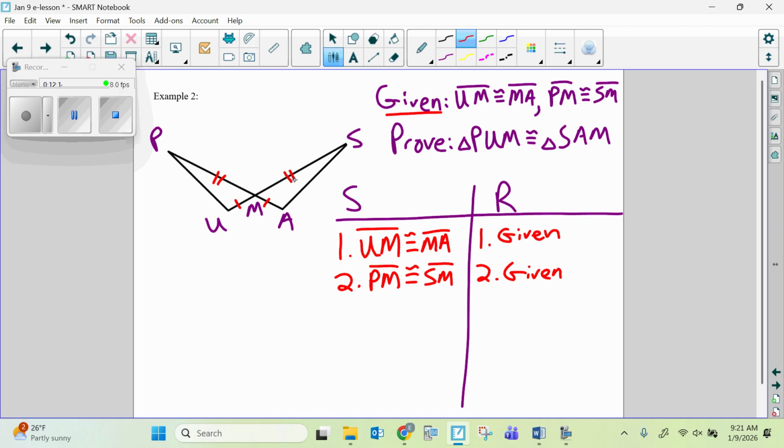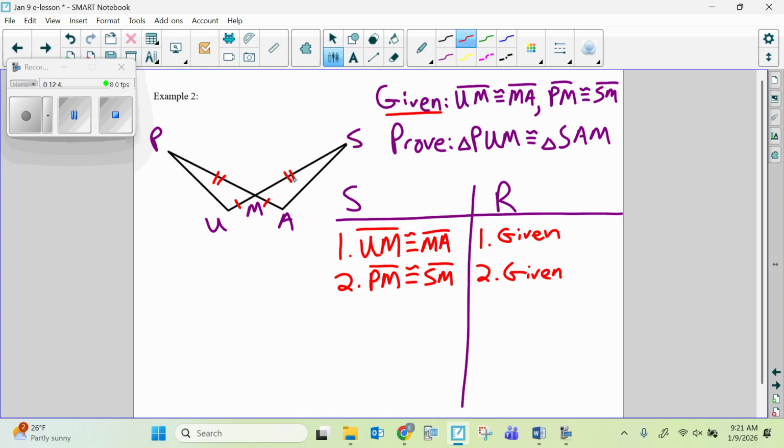Okay, once again, I'm out of givens, right? And all I have is SS, which is not enough to prove the two triangles congruent. What I want to do next is figure out, hey, what's something else I know from geometry class that can help me either prove another pair of sides are congruent, like a reflexive property, or maybe another pair of angles are congruent. Well, in this one, hopefully you can see right in the middle there, we have two lines that